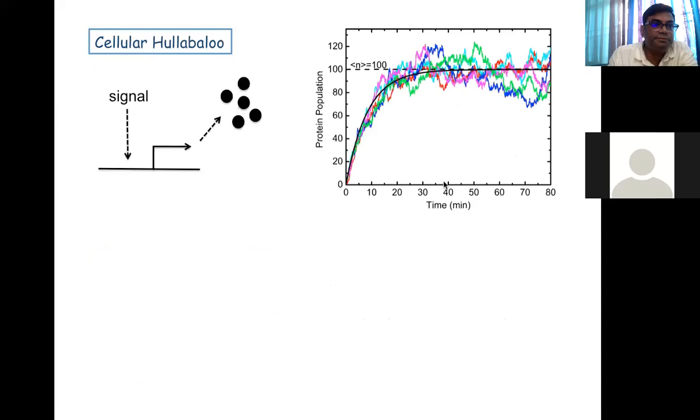So let us see what is happening. If one carries out a simple simulation of those reactions I showed in the previous slide, using a variant of Monte Carlo simulation known as the stochastic simulation algorithm, popularly known as the Gillespie algorithm, we see that all the cells are not behaving in the same way.